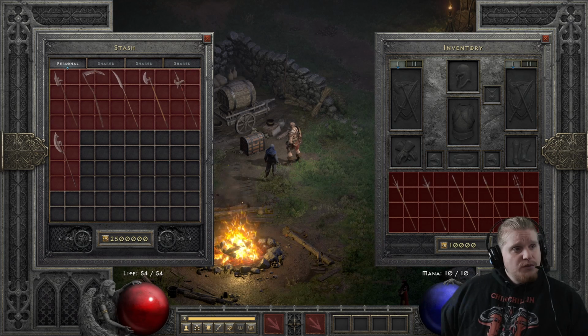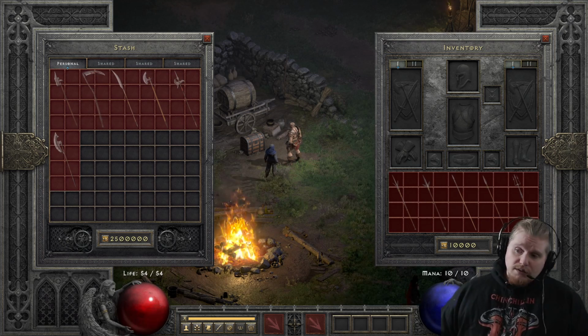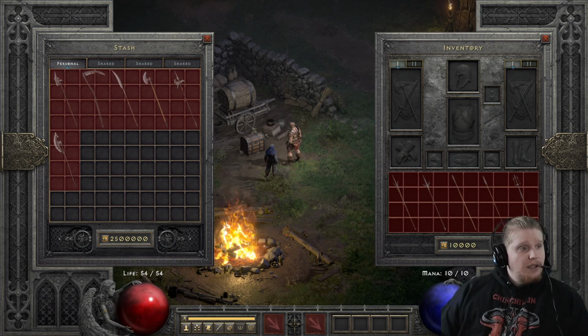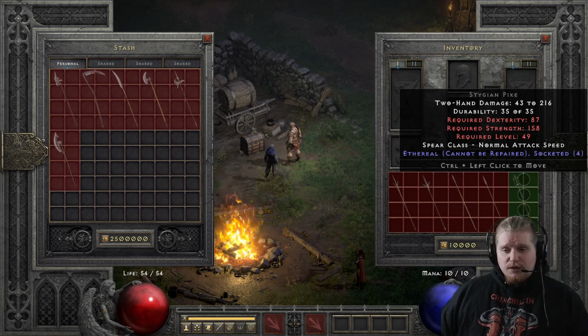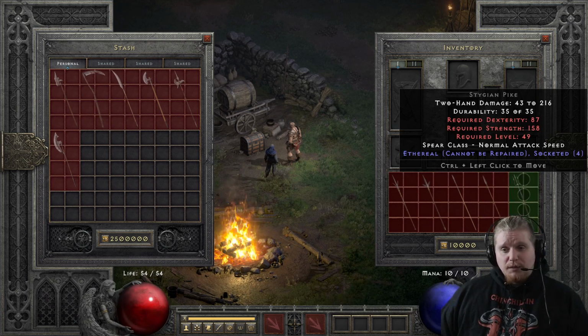And then the last rune word that you could possibly put in here would be, let's say, Pride, Obedience, Infinity. I don't think Crescent Moon works in a spear. Could be wrong. Let me double check here real quick. No. So Crescent Moon doesn't work in a spear either, which pretty much rules out Stygian Pike for just about any purposes, really. You wouldn't really want to make any rune words in it. The Hyperion Spear also, similarly, there's pretty much no good rune words for the Hyperion Spear or the Stygian